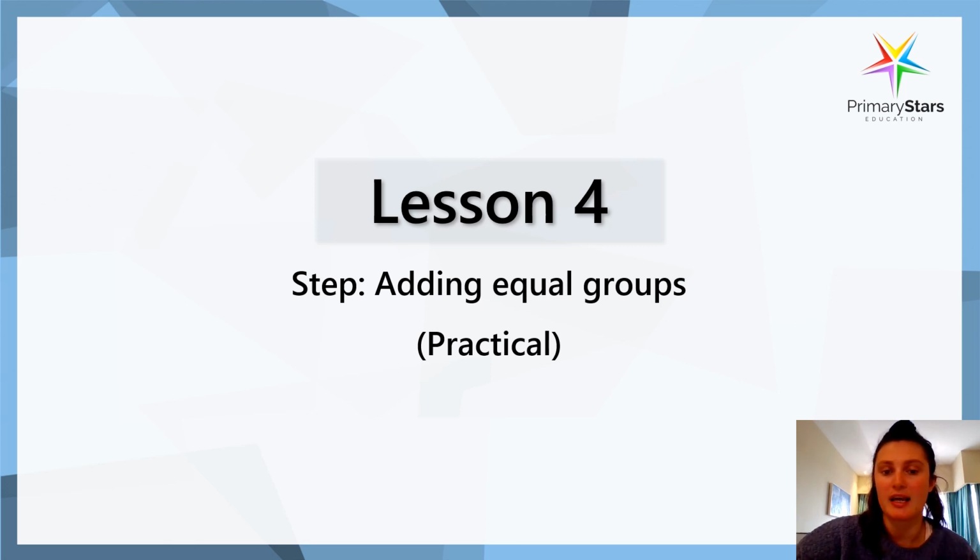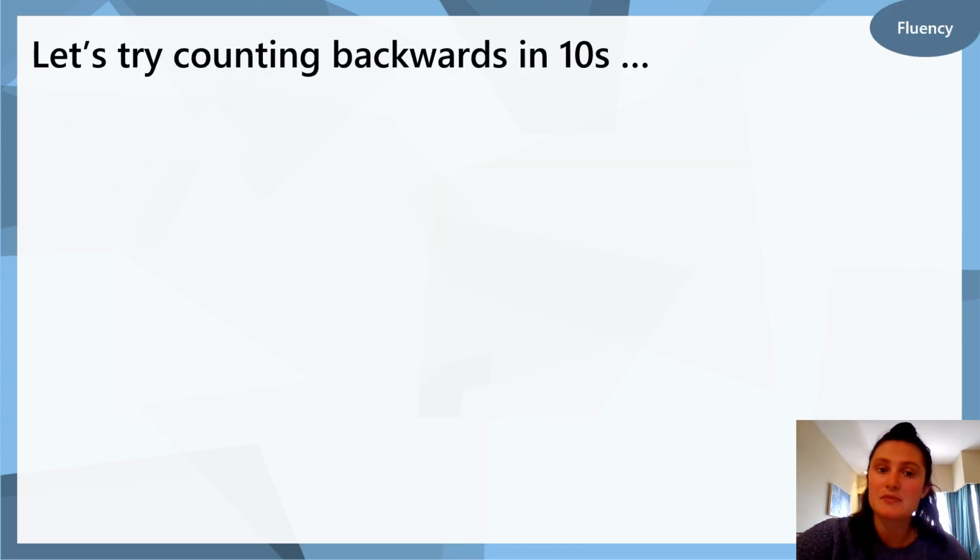So yesterday we were looking at making equal groups. Today we're going to be looking at adding equal groups. So we need to think about what we learned yesterday about making equal groups. Remember, equal means they have the same number. And then we need to start thinking about how we would use these in adding. So we'll go through an example together, but first what we're going to do is we're going to start counting